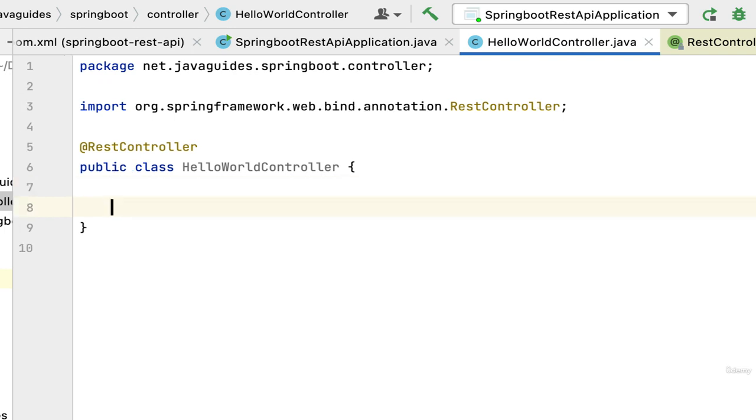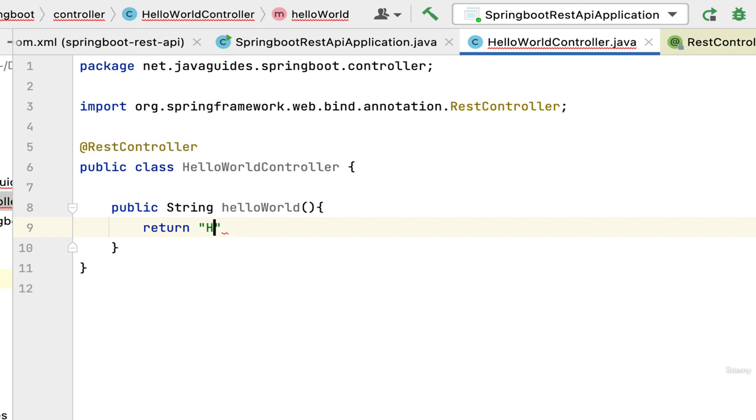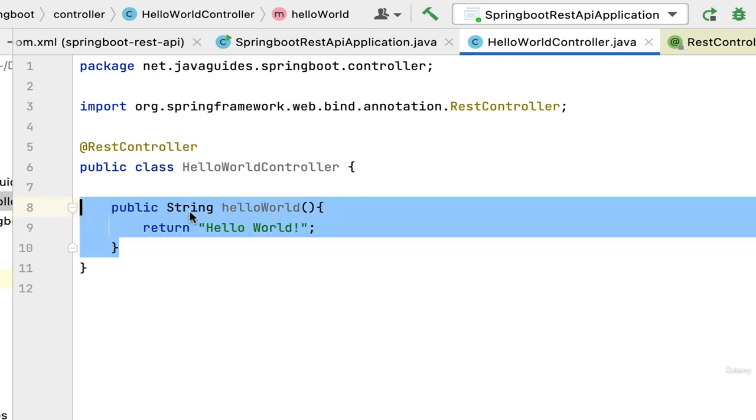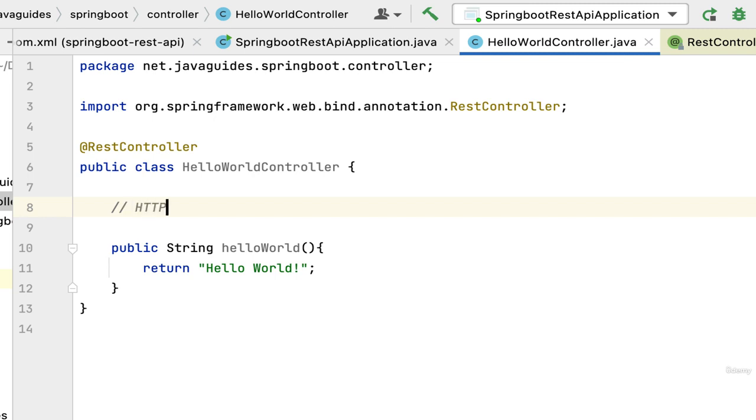Okay, perfect. So here just type the method public, and let's give the return type of the method as String, and let's give the method name as helloWorld. Perfect. And let's return some string, something like Hello World. Now we have created a simple Java method. Let's make this Java method a REST API using a Spring annotation. This is going to be an HTTP GET request, right? So let's go ahead and use